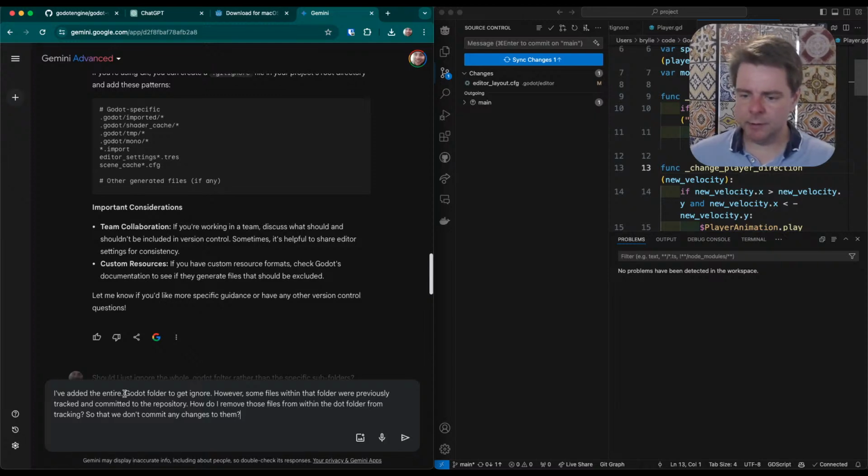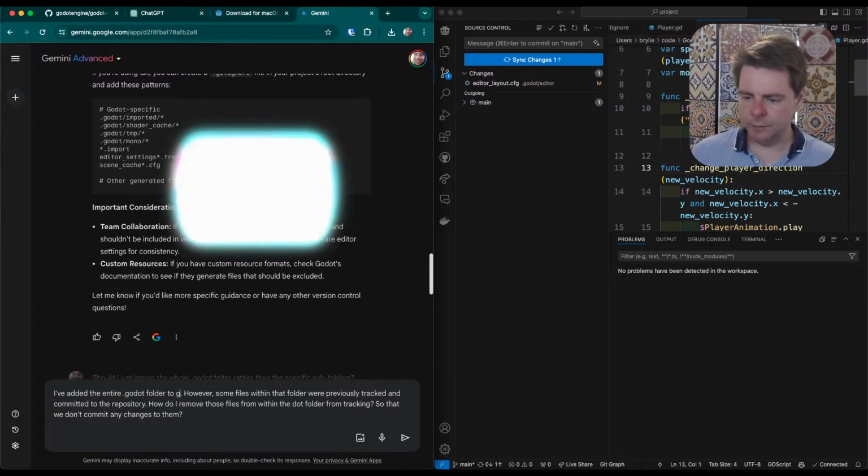So how do we add the entire .godot folder? We'll put that to gitignore. And of course,